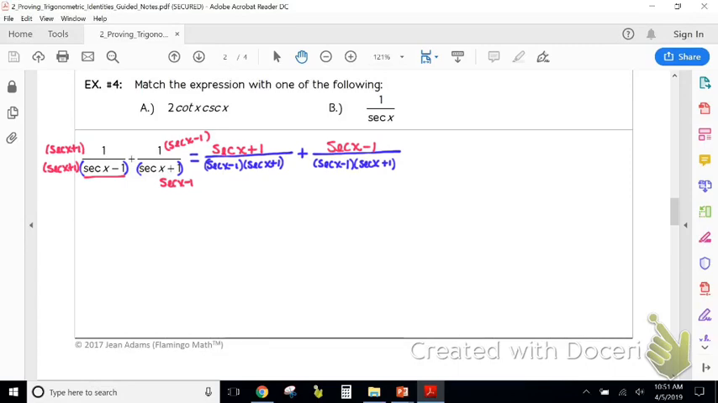You can simplify it. You can cross off. No, I can't cross off because then I go backwards. I go back to what I started with. But I can combine my numerators over my common denominator. So I have secant of x plus 1